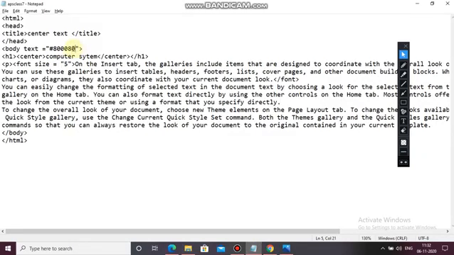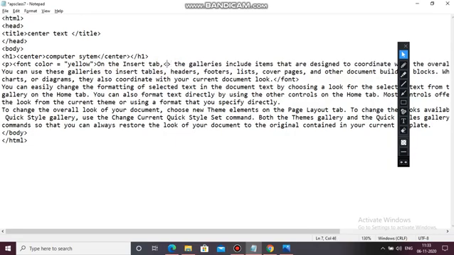Now here I am erasing. Here, instead of size, I am using color, COLOR, yellow, on the insert tab, till here, not for the whole paragraph, for a particular text.